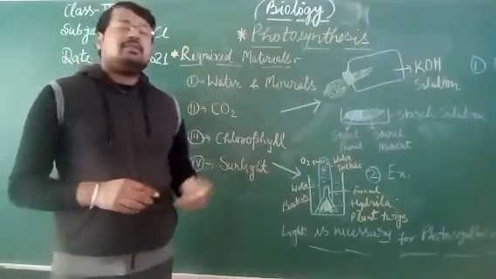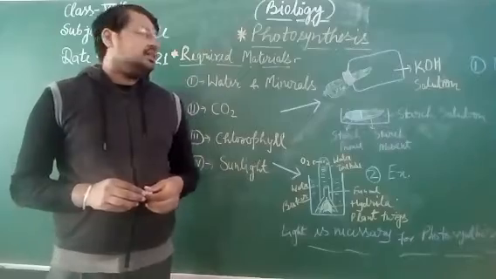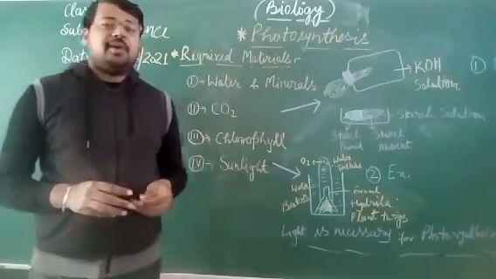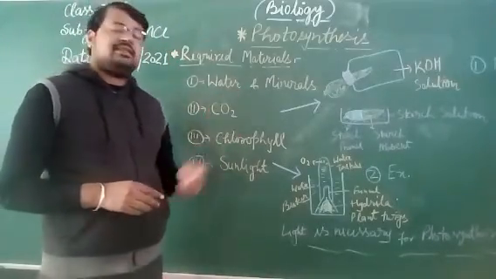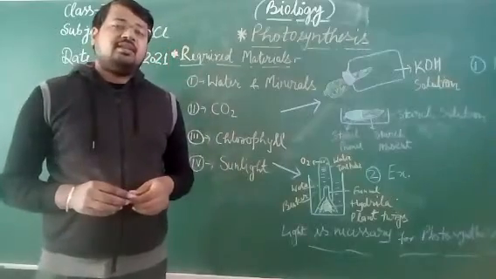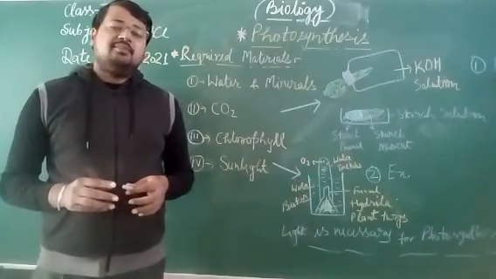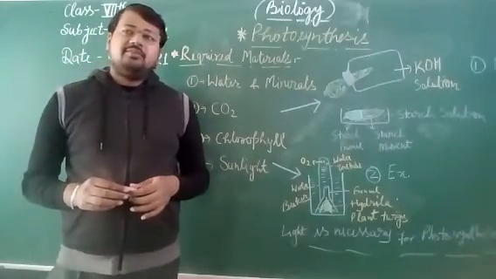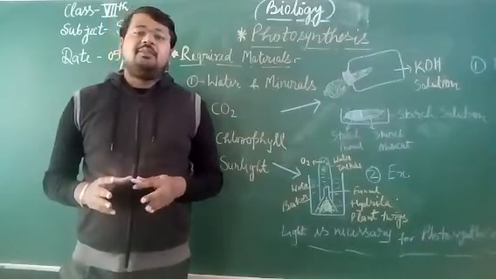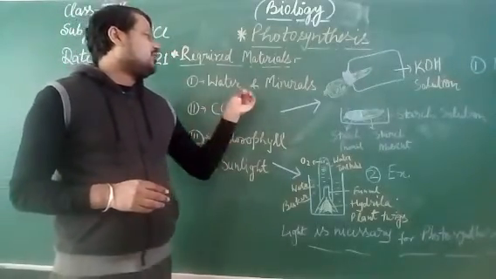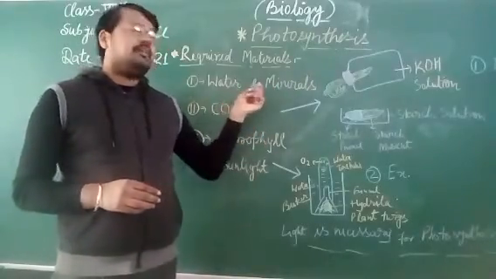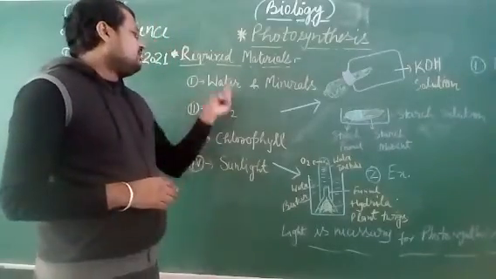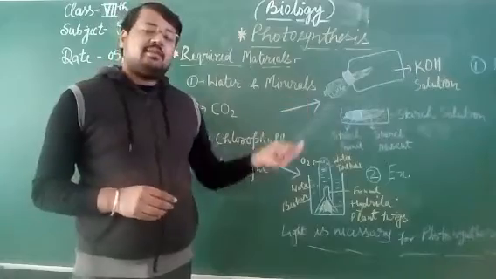So how are water and minerals made available to the plant, and what mechanism supplies the water? As we know, in plants xylem and phloem are the main system important for the transportation of water and minerals. Xylem carries water and minerals, while phloem carries the nutrients. When this water is made available to all the green parts of the plant,